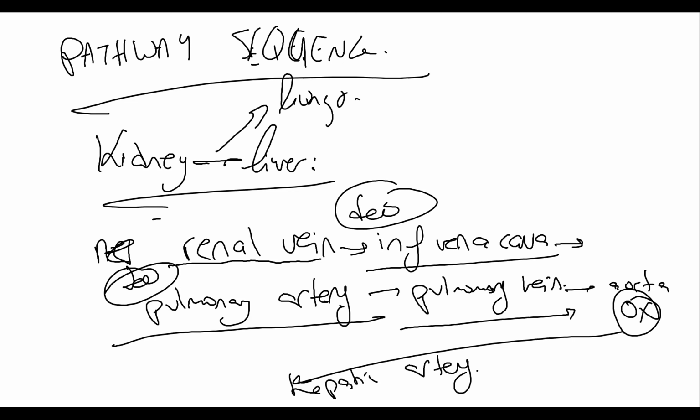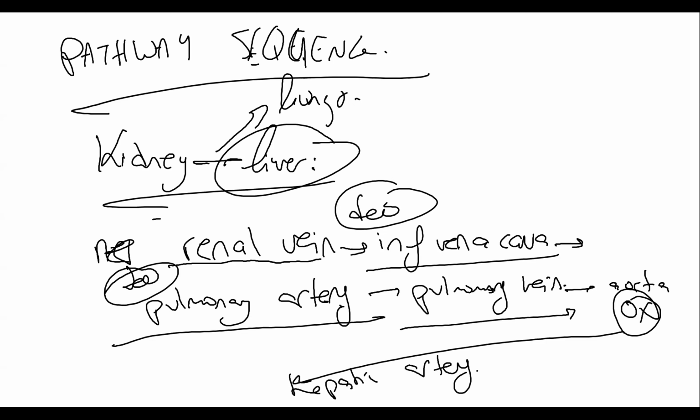It will go to the pulmonary artery. The pulmonary artery is holding deoxygenated blood. It will take it to the lung. It will clean it and go with the pulmonary vein. The pulmonary vein is holding oxygenated blood. It will go to the aorta, and usually the aorta takes oxygenated blood to all other organs in the body. So now the organ that we have to go to is the liver, and it will take it to the